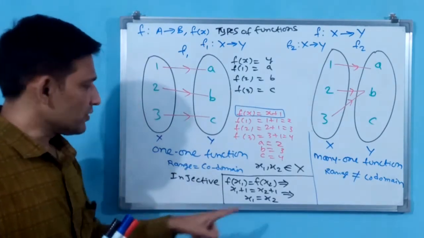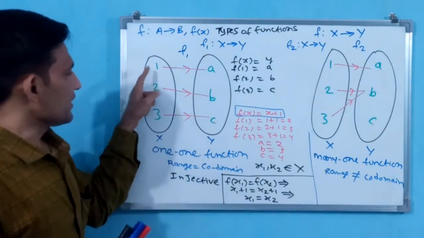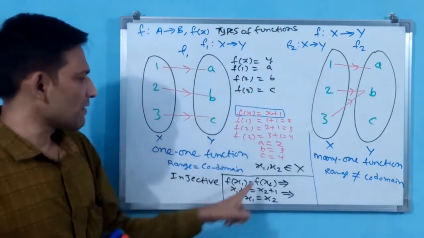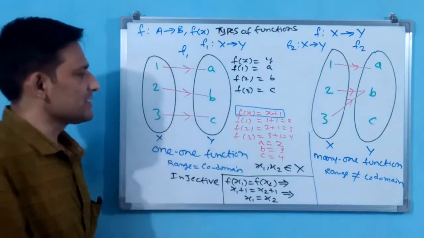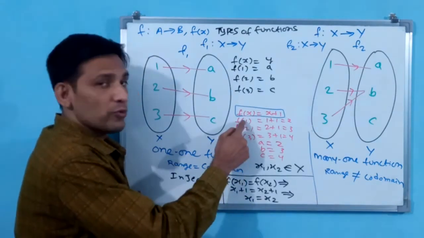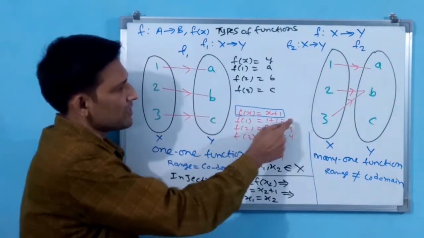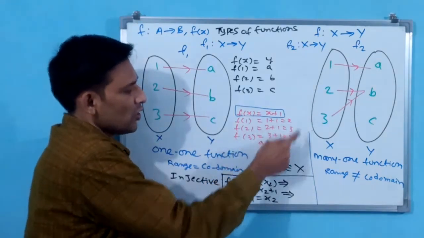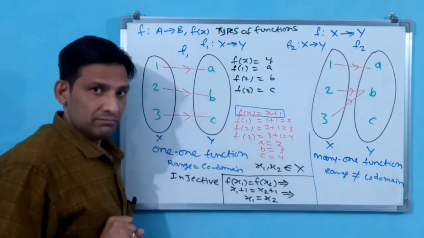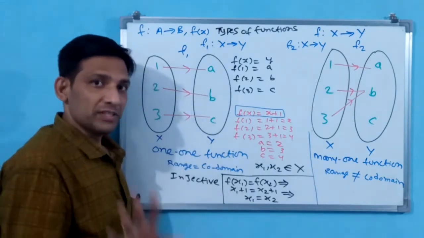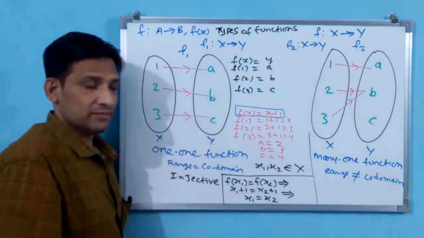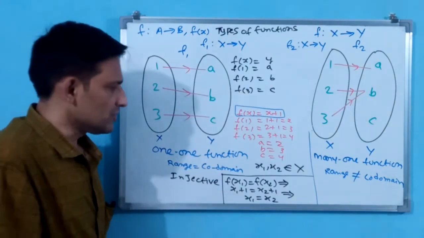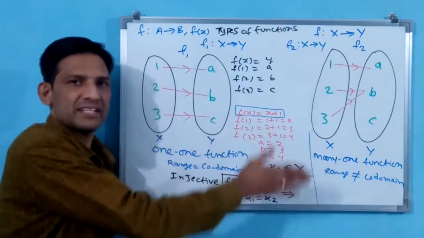But don't get confused that f of x1 means x1, where you have substituted 1 here, gives 2. 2 is never going to become, see, as per this analogy, f of x1 means if you take f of x1 as f1, f1 is going to become 2, f of x2 is going to become 3. 2 is never going to become 3. 2 is not equal to 3. In that way you don't take, okay? You have to take for one-one function like this. See, this is a little bit of representation.